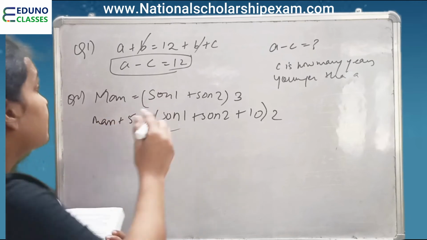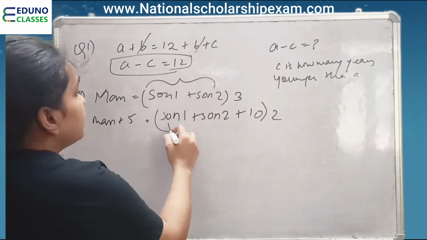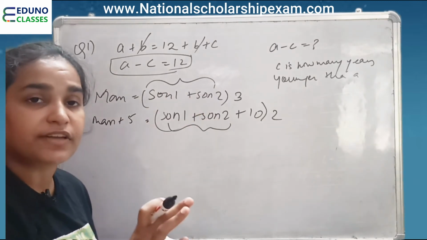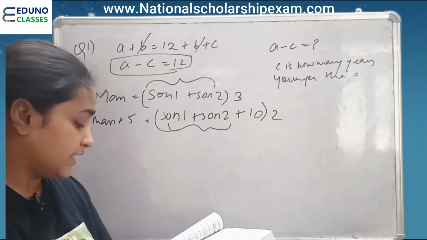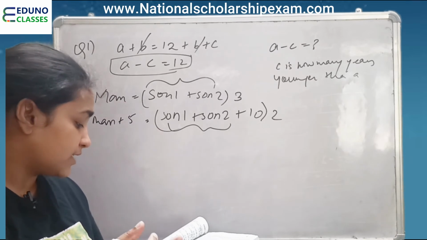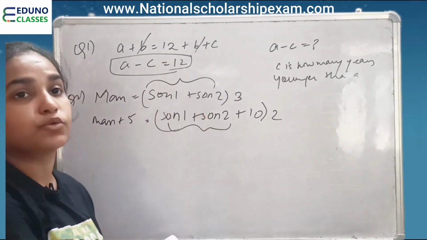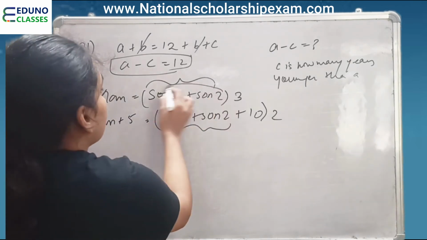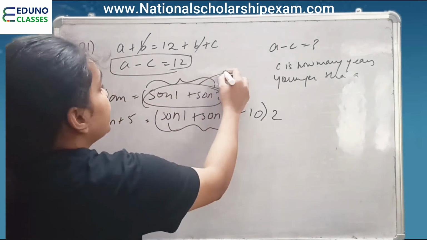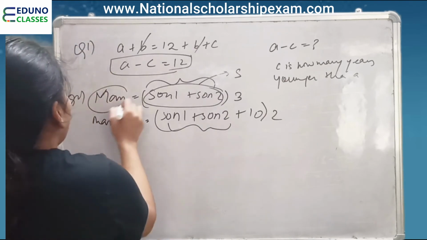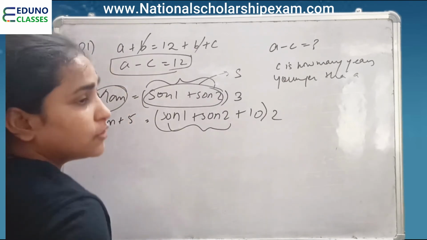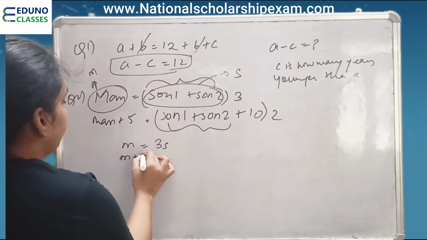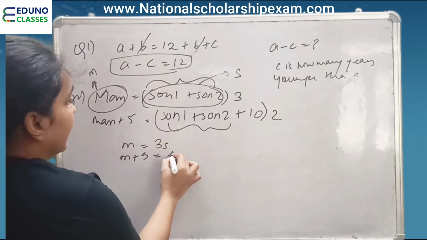Now, do we need to find out individually the ages of son 1 and son 2? We will see in the question. Here the question does not suggest anything regarding son 1 or son 2. So we do not need to find it individually. Let us completely assume the sum to be S, and man's age we will assume to be M. So the equation reduces to M is equal to 3S